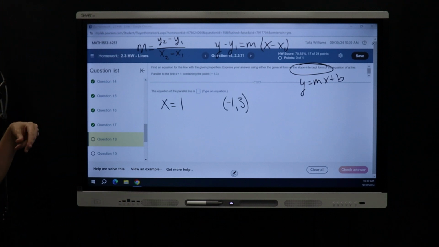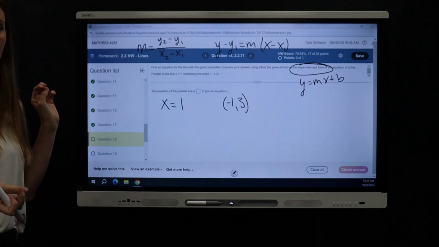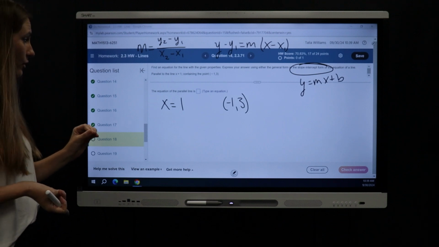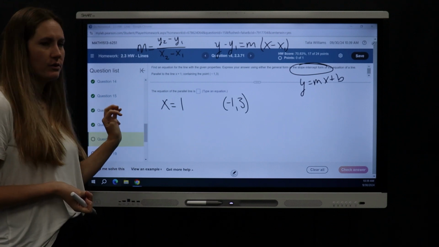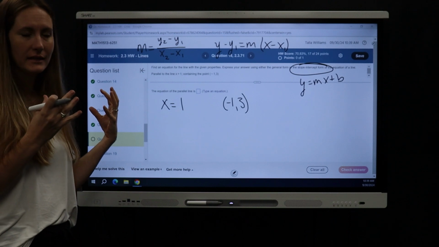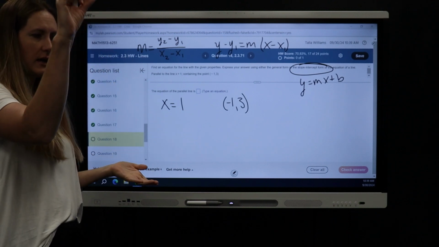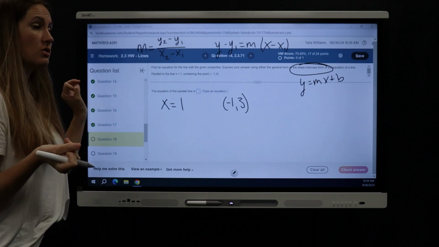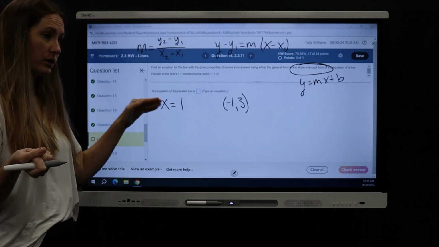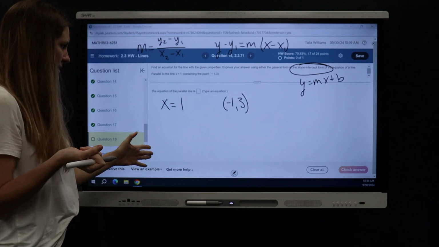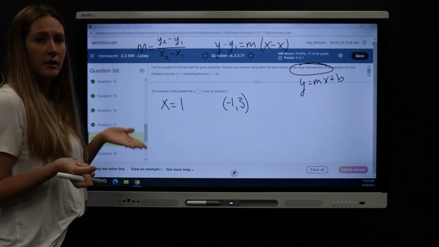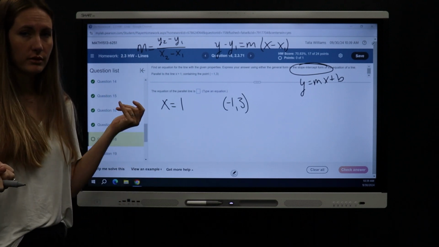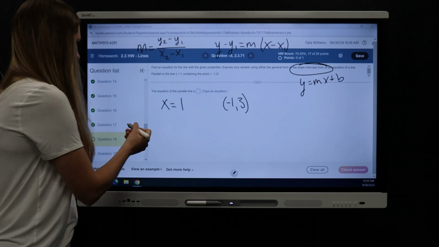So the last one we did, parallel lines have the same slope, yes. When we have x equals 1 and we do not have a y, we don't have y and x. Y and x make it so our line is diagonal. If it's just y equals, that line is horizontal. If it's x equals, it's a vertical line. Vertical lines have undefined slope. So since this has undefined slope,